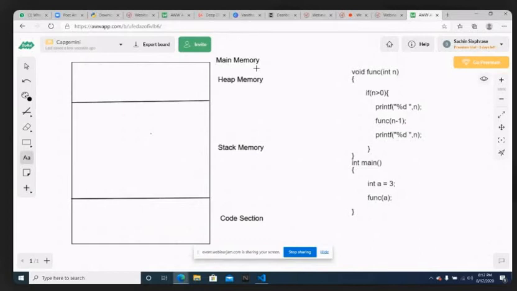I will tell you what is heap memory, what is stack memory, what is the code section, and in which kind of scenario these 3 things will be used. But before that, whenever you write a program and want to execute it, first of all, you need to compile it. Coming to C programming, whenever a program is given, the program has to be compiled.